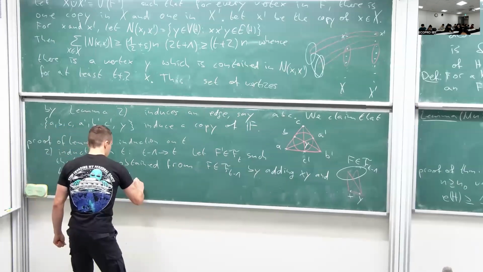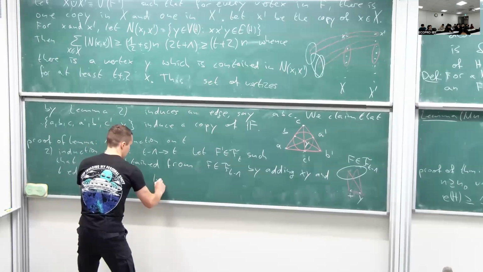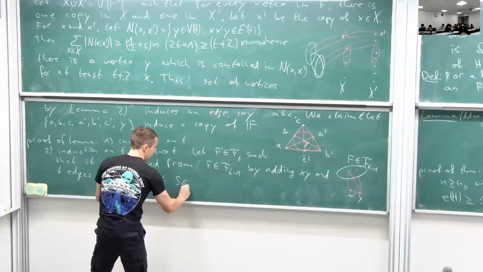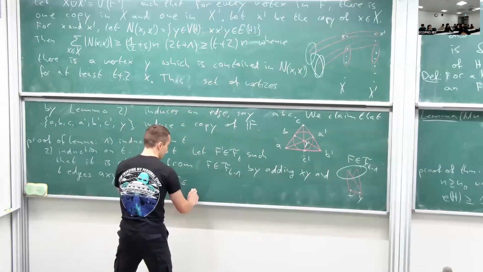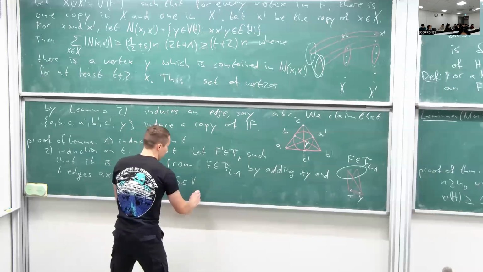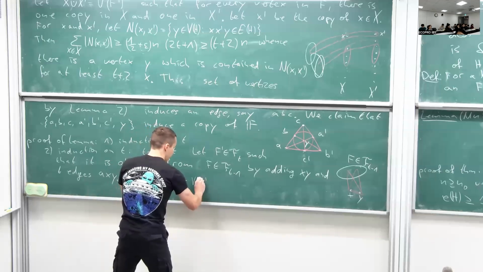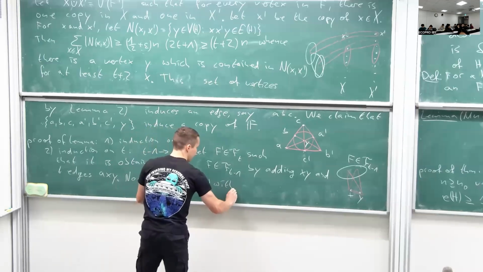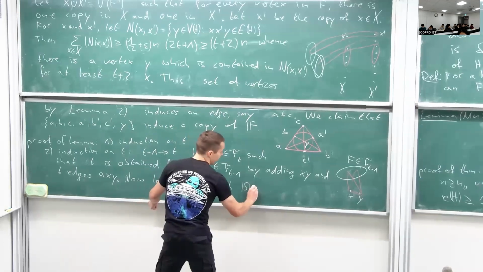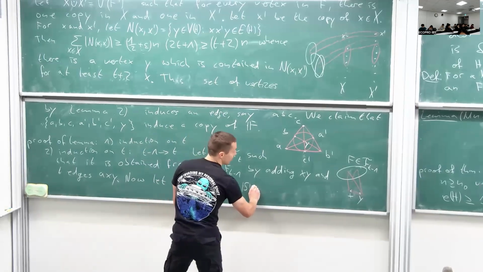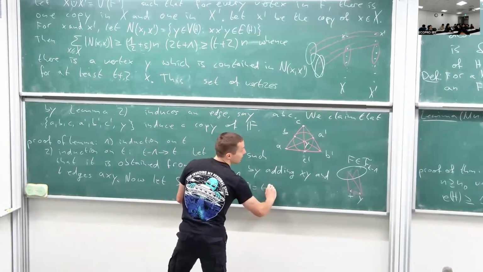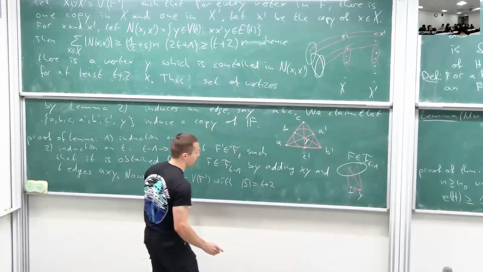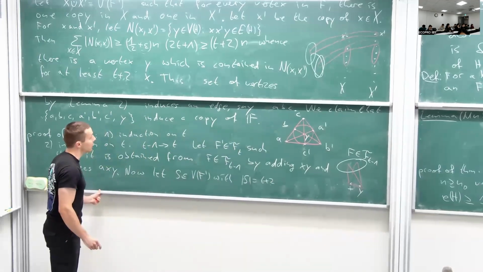Now let S be some subset of F prime of size T plus 1. The T plus 3. Then